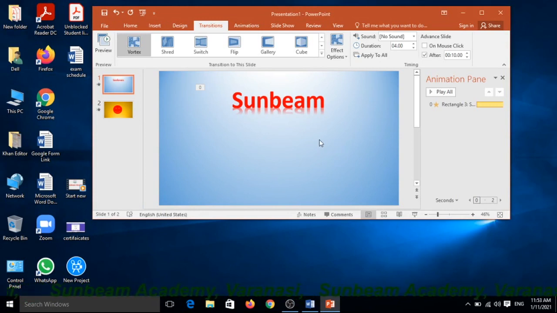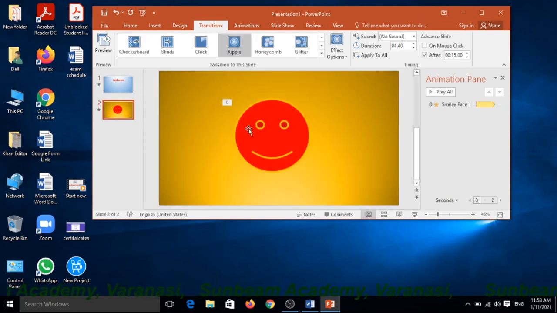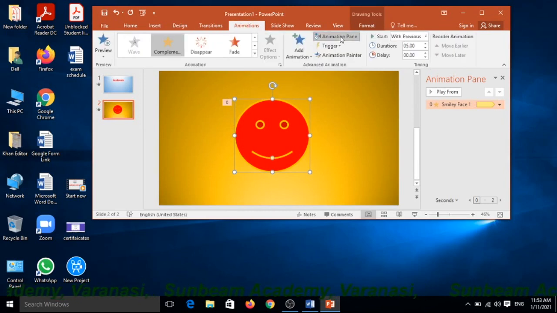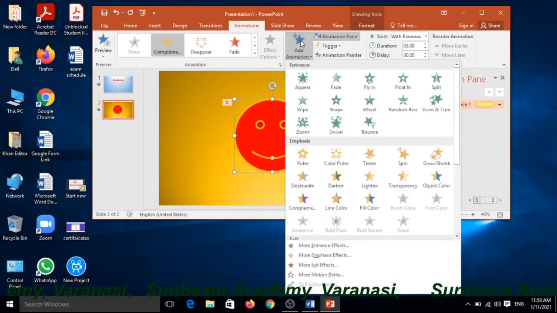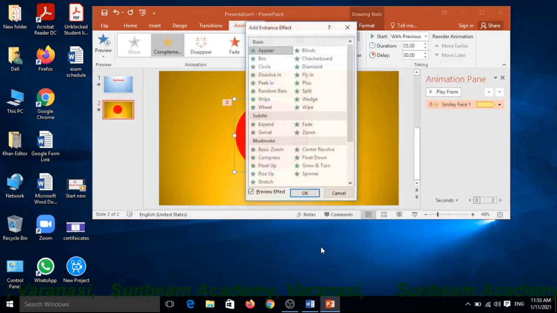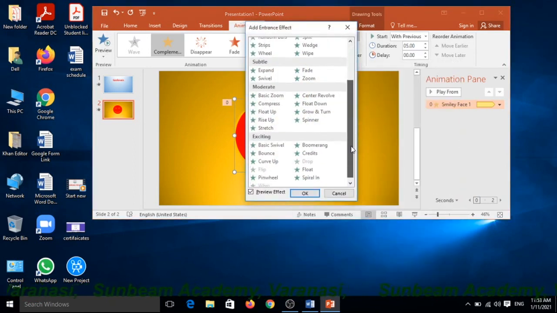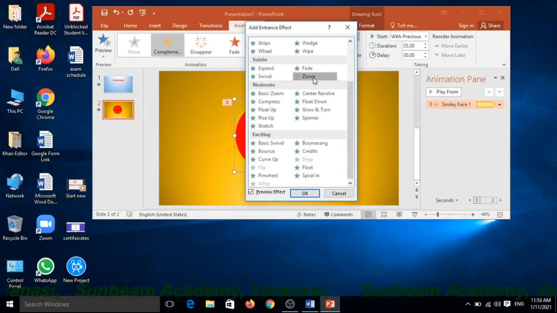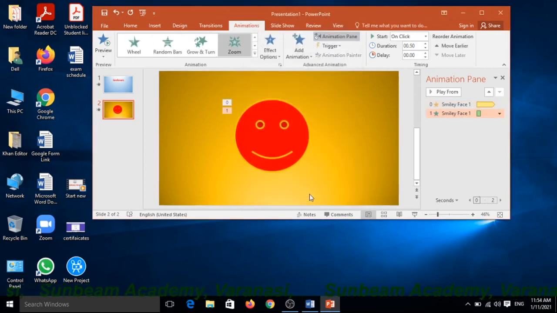And next, from the beginning I want to once again change this effect, give the animation and add animation. I want more entrance effects for the title and click on OK.